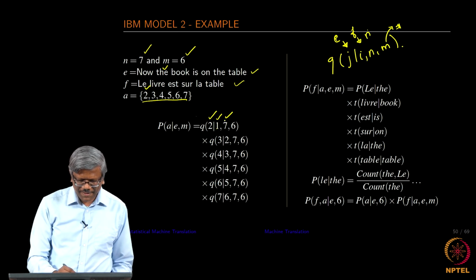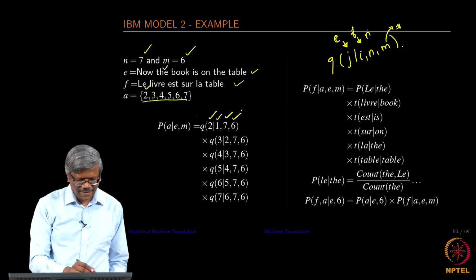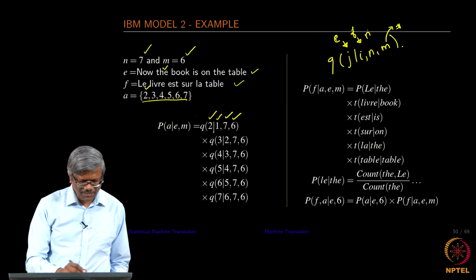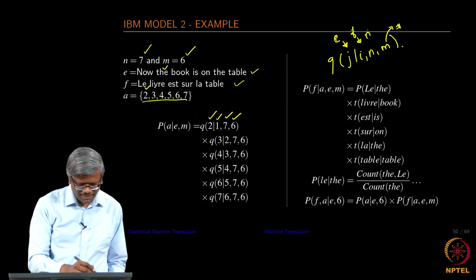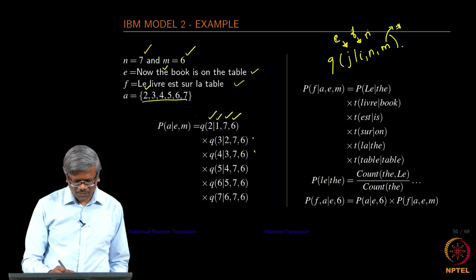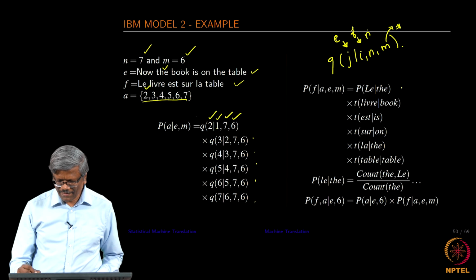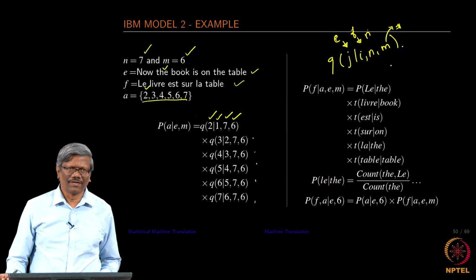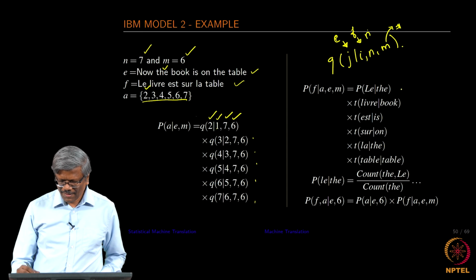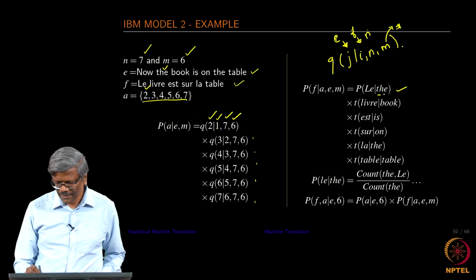Here we have the number of words in English, and then here we have the number of words in French. So, you take the second alignment. So, it is aligned to the second word, this is the second French word aligned to the third English word, right, and so on. So, we can compute it in this fashion, and then once you have the translation table that I had shown earlier a few slides back, you can look at the probability for each of the alignments here, right. Probability of le